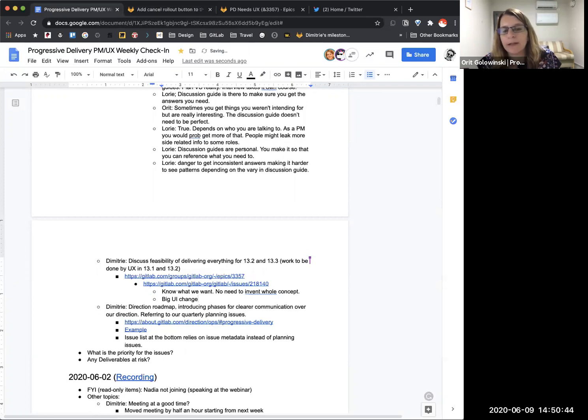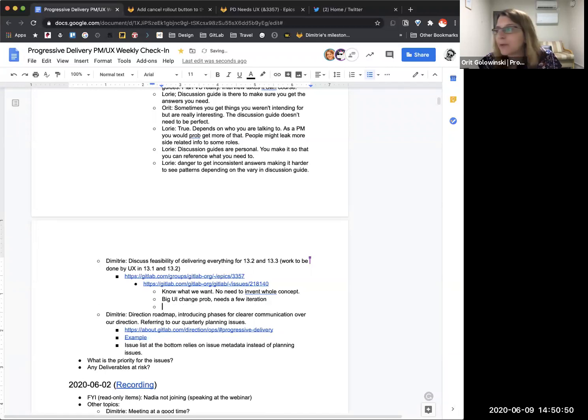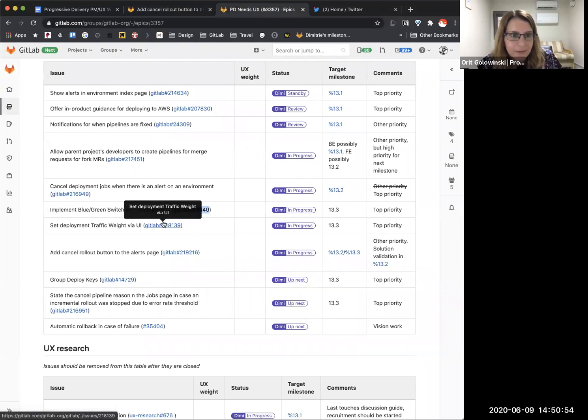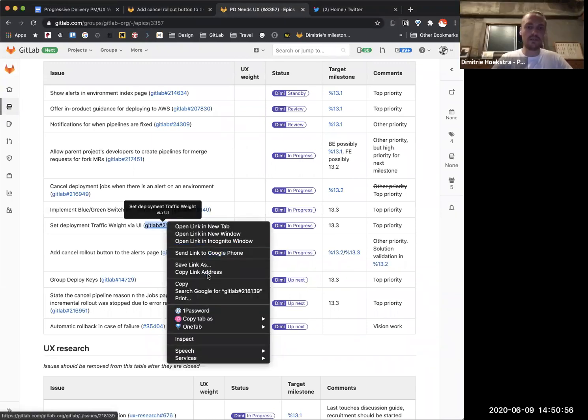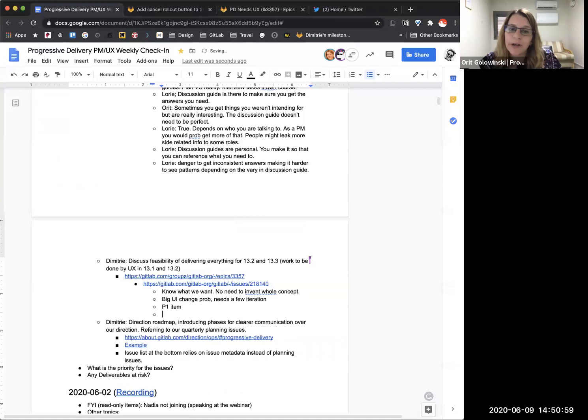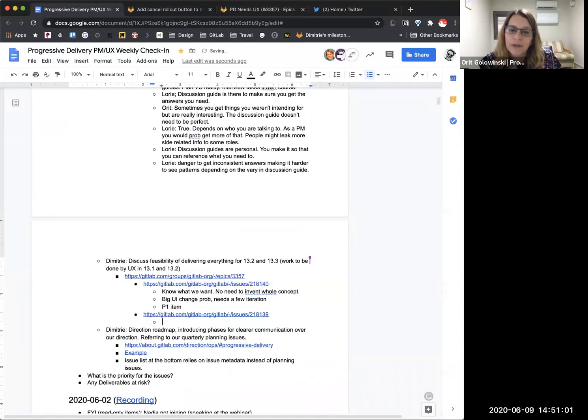So I would say definitely this should stay on your list. The next one, I don't remember what it was, but if you can go back. Set deployment traffic weight in UI. So this one is a little bit trickier. If I had to choose of the two which to focus on, it would be the first one. And the reason is,